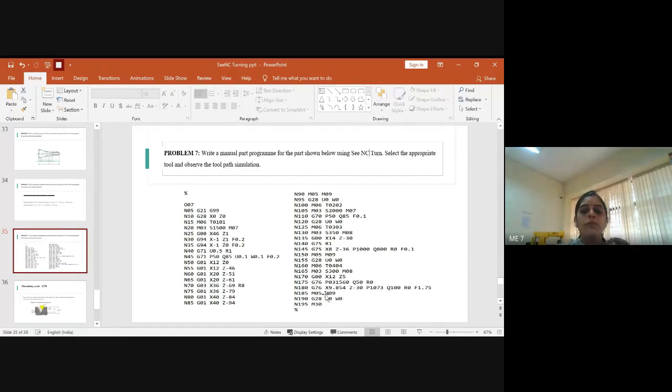After this, before making the machine stop the program, you should send the tool to the home position. So you will write G28 U0 W0. By this, the tool goes to the home position. Then you can make the machine off by typing M30 and then write the end character, the percentage end character, right? So this will complete the thread cutting operation. So is it clear? If it is clear enough, we go for the video play. Any doubts in this?